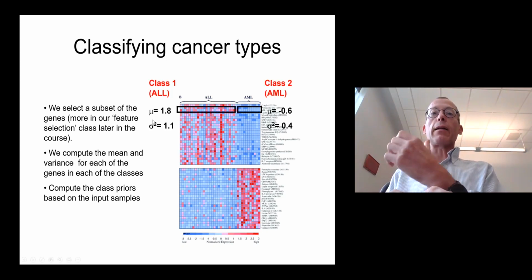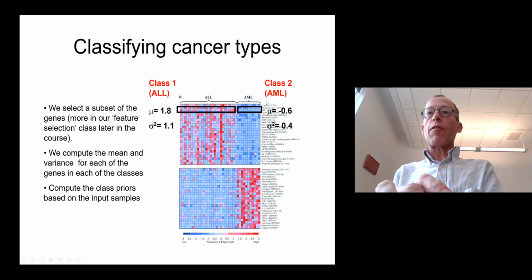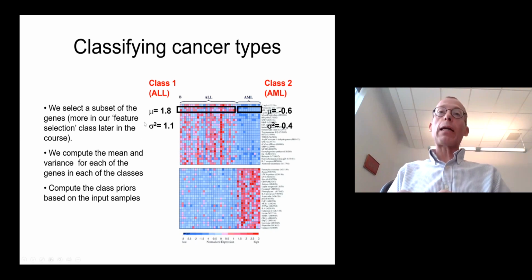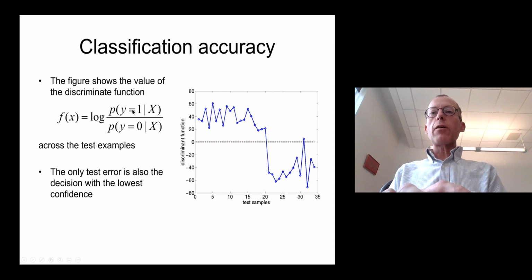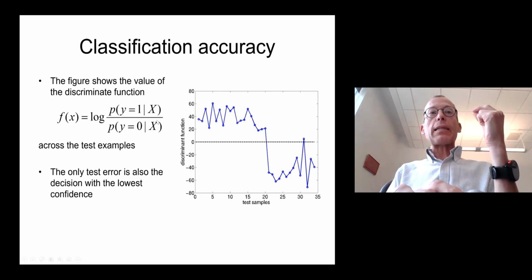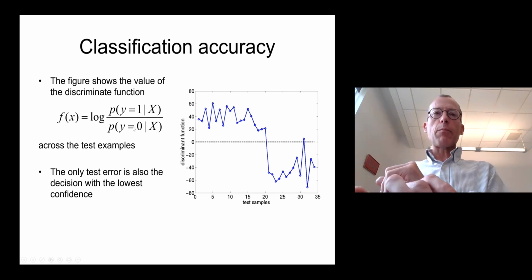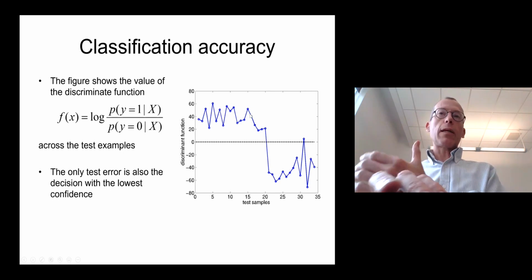You can just compute the mean and the variance for each gene in each class. When a new sample comes in, you measure the value of all these genes. So basically, you get a new column. Then you can compute the probability of whether this is from class 1 or from class 2. You can look at the log ratio, you can look at the higher value. And in most cases, this works very well. If you compute the class that has the higher probability, and I'm plotting this on the log scale just so that we have some reasonable numbers, this is the log ratio, then for most of them, you get the right class using Gaussian